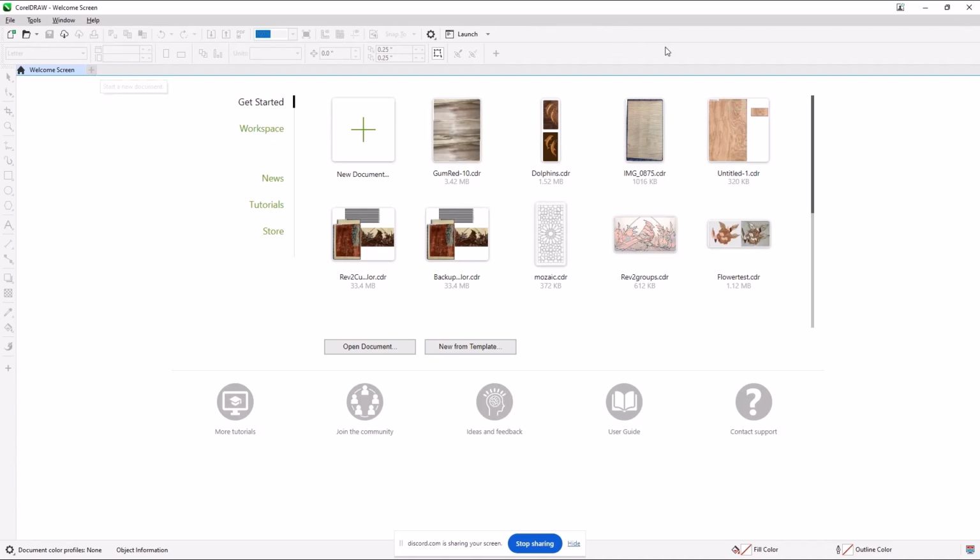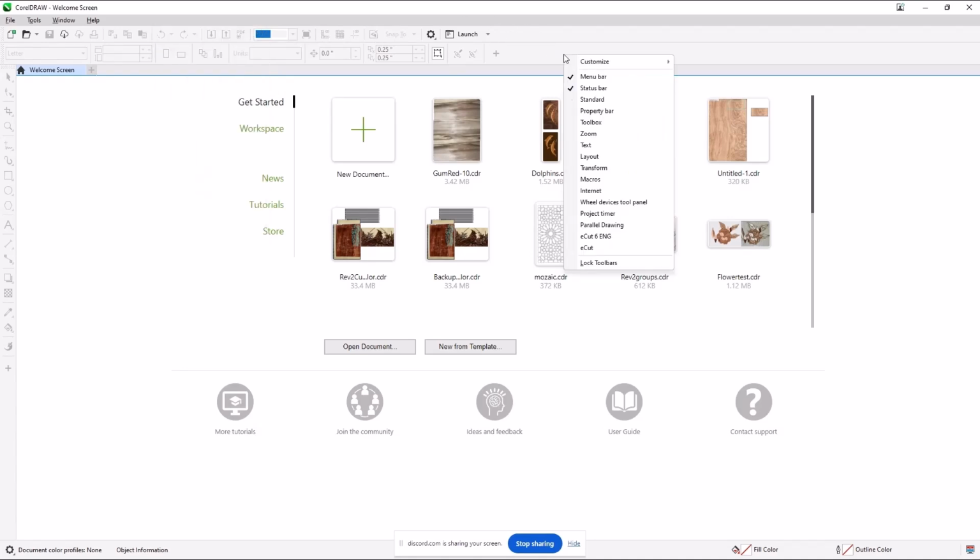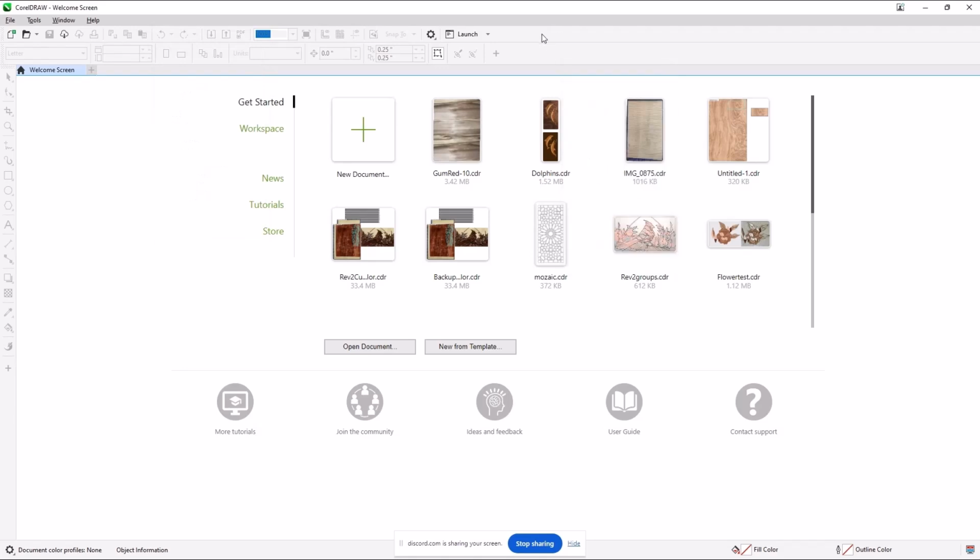But while we're here, I wanted to make sure people know, as I'm doing stuff, a right mouse click on the toolbar area should bring down a drop down of all the different choices you have. So for example, menu bar is here at the top. It's got File, Tools, Window. The next line down is the toolbox, this one over here, not highlighted at the moment. Property bar, standard is this batch in here. What happens to you if you're not careful? Different places you click on the menu will bring up stuff. So I'm currently clicking on the standard bar. Nothing pops up. The second I go down here, it pops up. Other places it'll pop up.